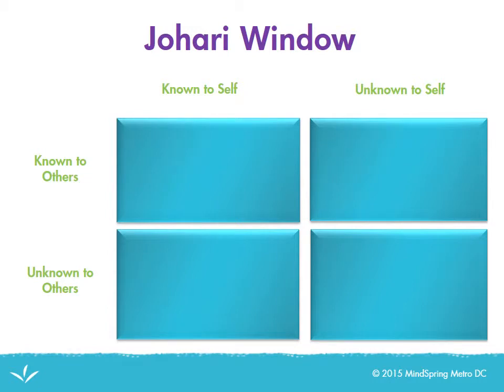Let's pretend this is your Johari window. As you look at the labels of the four quadrants, we see that those on the left side specify what is known or unknown about you by others. The labels at the top of the window specify what is known or unknown about you by you. So, what does all this mean? Well,